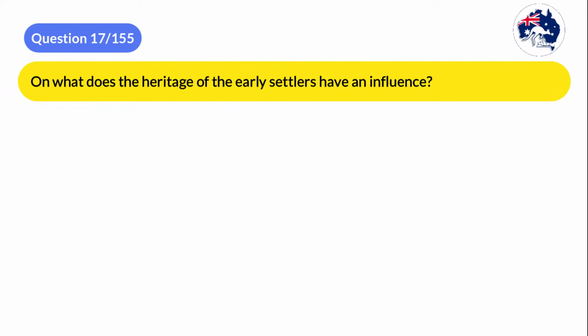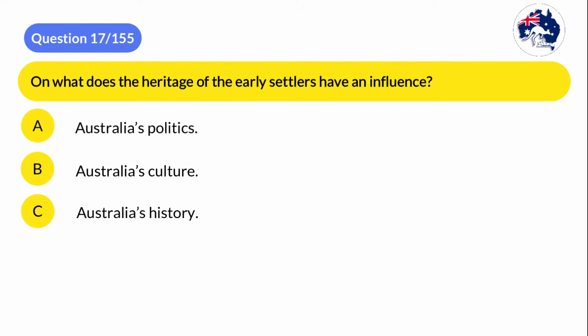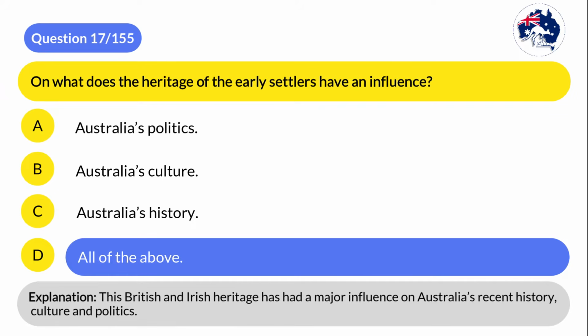Question 17. On what does the heritage of the early settlers have an influence? A. Australia's politics. B. Australia's culture. C. Australia's history. D. All of the above. The correct answer is D. All of the above. Explanation: This British and Irish heritage has had a major influence on Australia's recent history, culture,